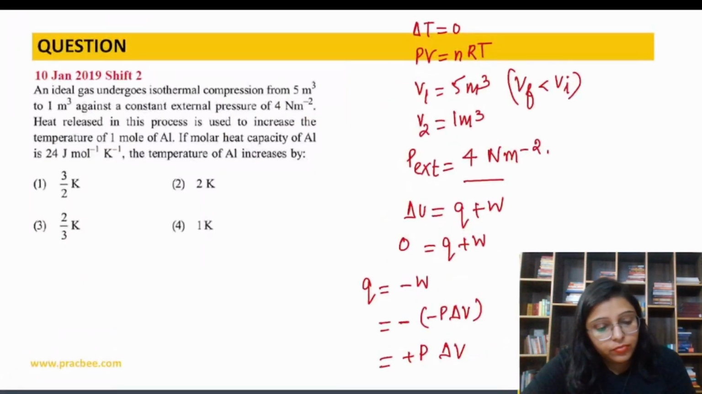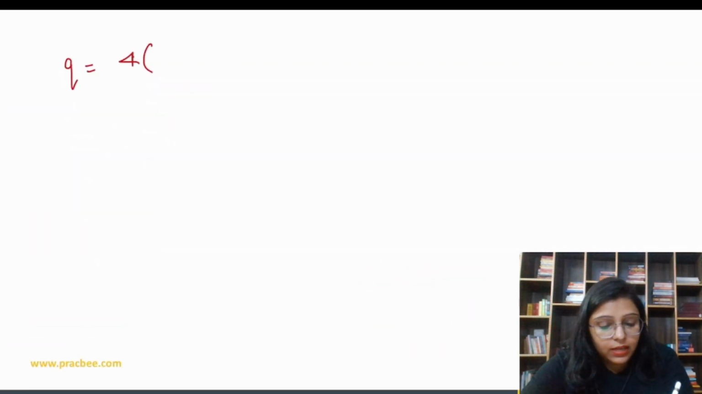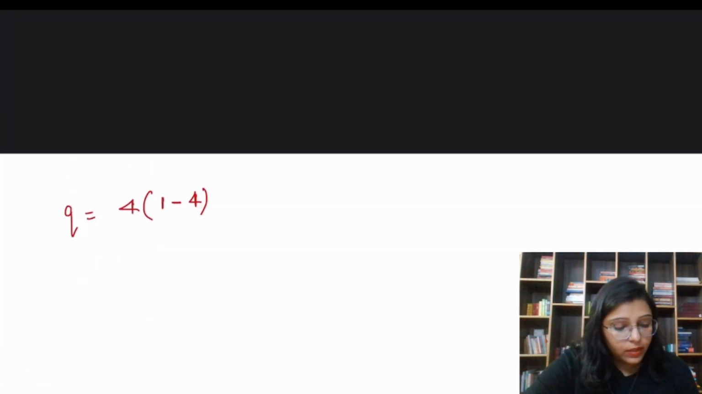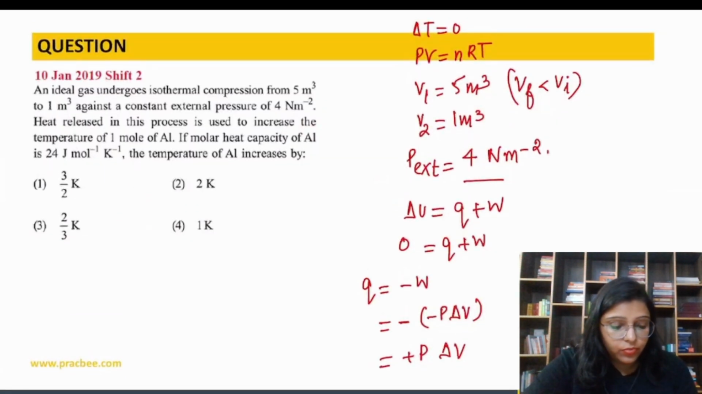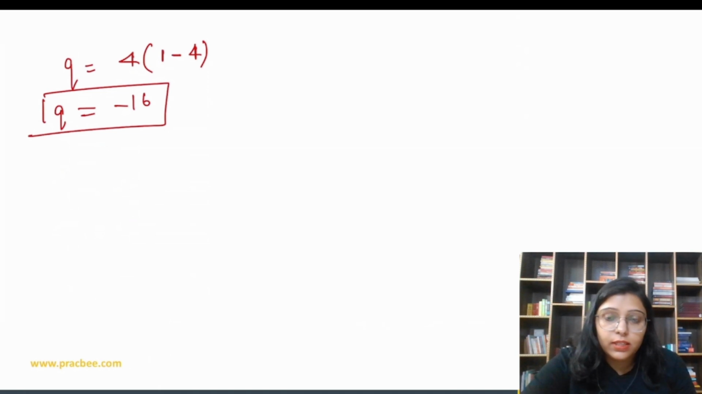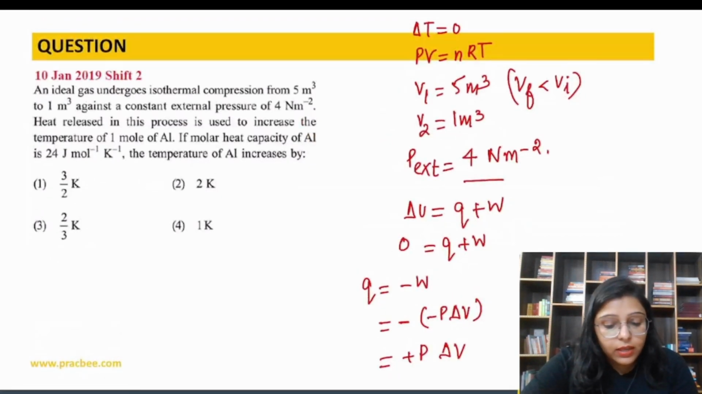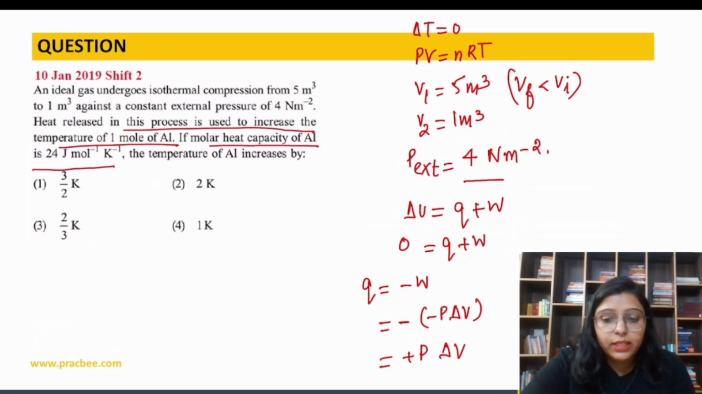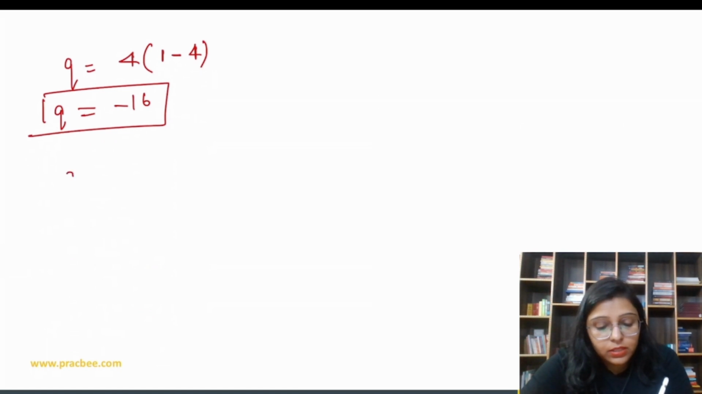is equal to 5 minus 1, or V final is 1. So we can say 1 minus 4. Clear? So 1 minus 4 means minus 16. So it says heat released in this process is used to increase the temperature of 1 mole of aluminium. Now, molar heat capacity of aluminium is given, it means Q is